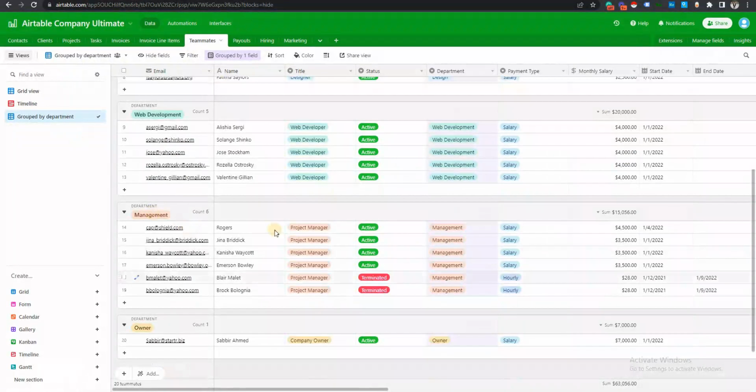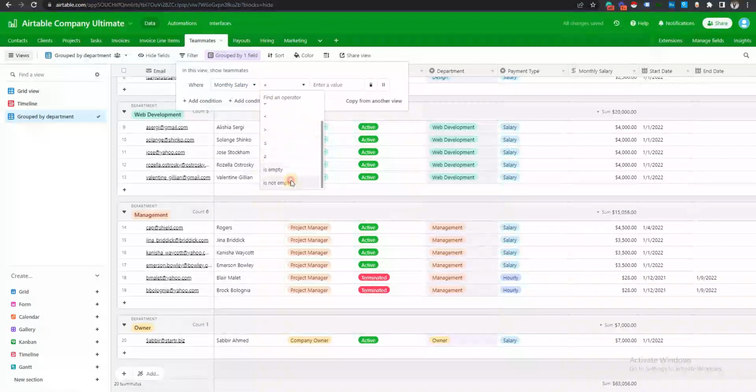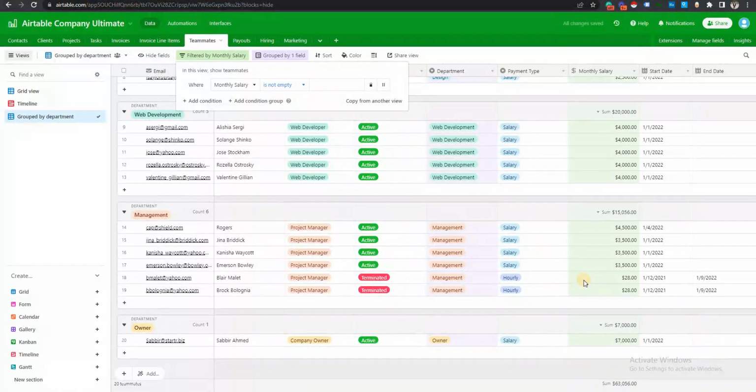for the design. However, in here you can see we are paying like $15,000 a year. Maybe it is not accurate because these are hourly people, so we want to include the salary and people that are not terminated. So we're going to create a condition. We're going to take your salary. This is salary is not empty, because if it's empty, it's